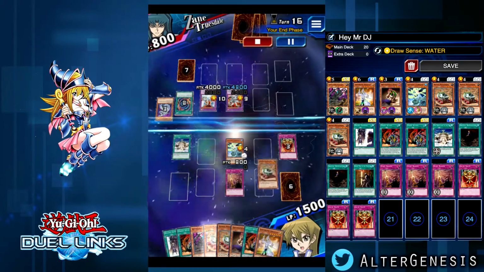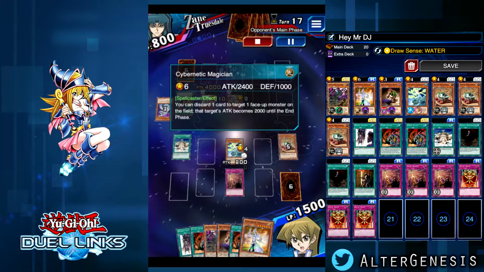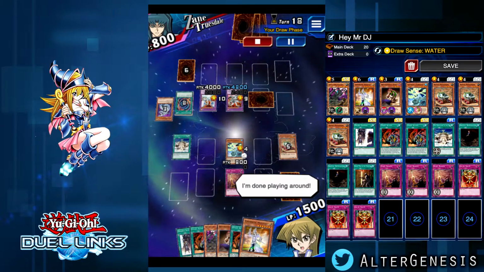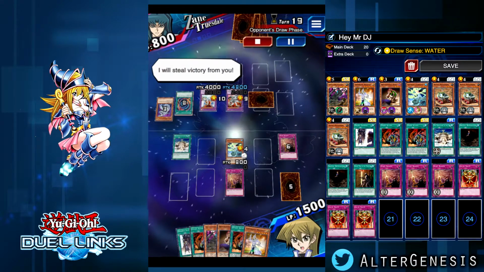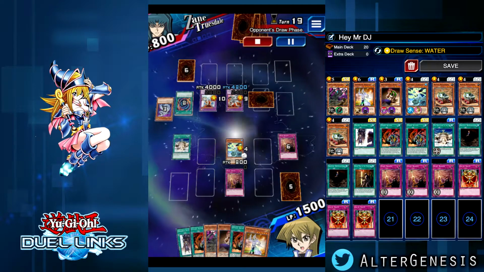So for the last turn, you can see that I included Cybernetic Magician to try to make this deck as free to play as possible. Its effect targets an attack monster by discarding 1 card and makes that monster's attack 2000. That's specifically for Gravekeeper's Vassal. But if you have it, you can always use